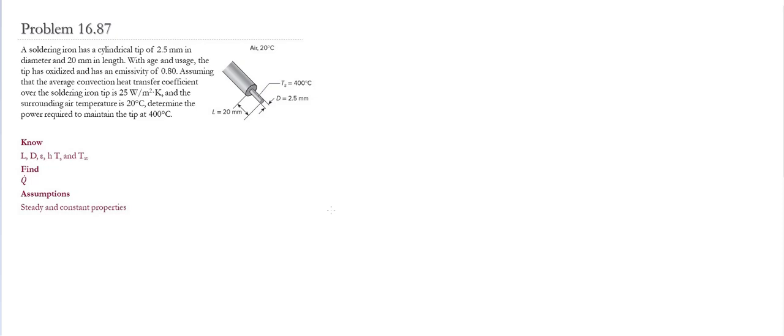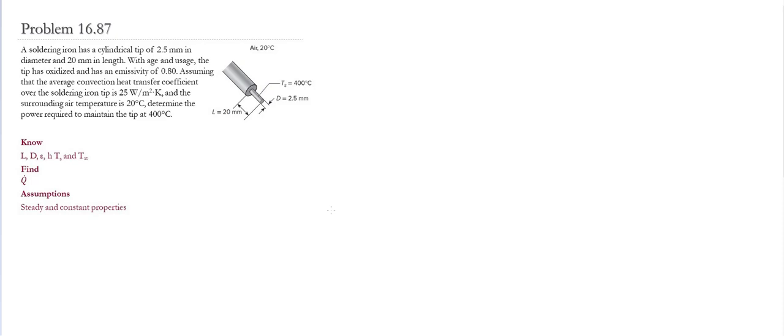Problem 16.87. In this problem, we consider a soldering iron which has a cylindrical tip of 2.5 millimeters in diameter and 20 millimeters in length. With age and usage, the tip has oxidized and now it has an emissivity of 0.8. Assuming that the average convection heat transfer coefficient over the soldering iron tip is equal to 25 W/m² K, and the surrounding air temperature is 20 Celsius, we need to determine the power required to maintain the tip